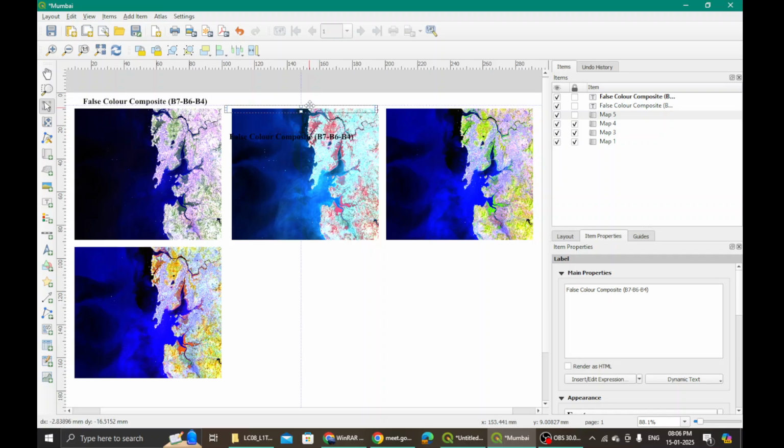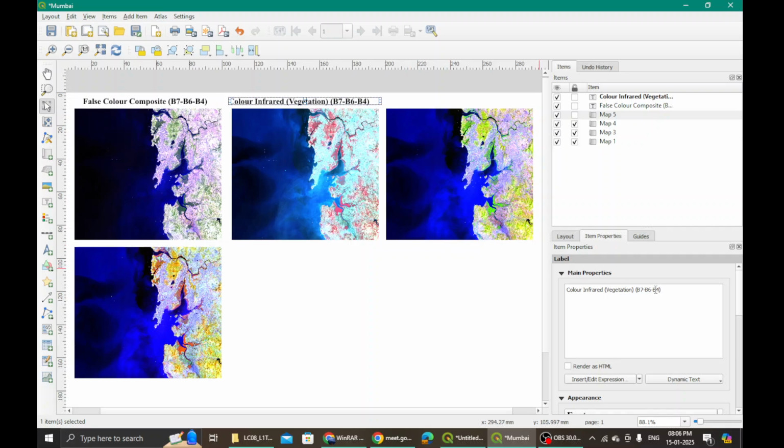Control C, Control V. Then again I can change. Now this time it is what? The next one was color infrared for vegetation. So this is color infrared for vegetation.